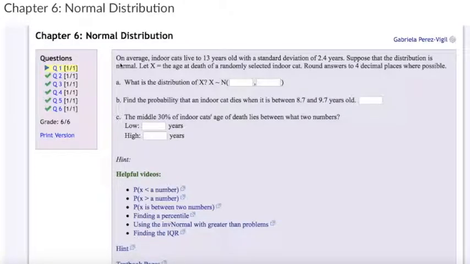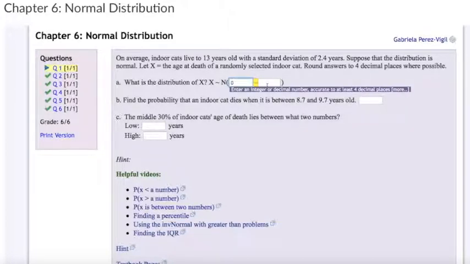This problem is telling you that on average an indoor cat lives to 13 years old with a standard deviation of 2.4 years. And it's telling you that your distribution is normal, but you won't be using a standard normal distribution because your mean isn't 0 and your standard deviation isn't 1, which is what they are in a standard normal distribution. So since it's not standard normal,